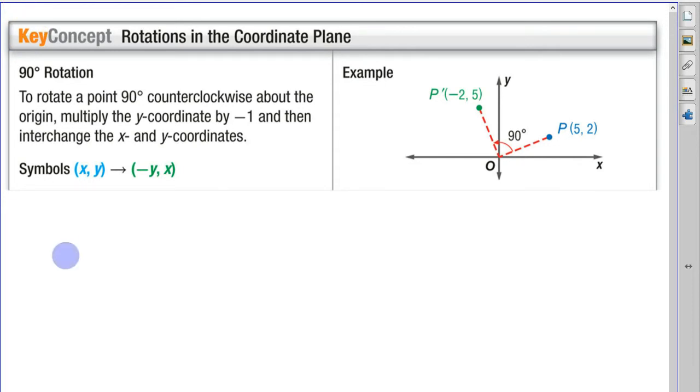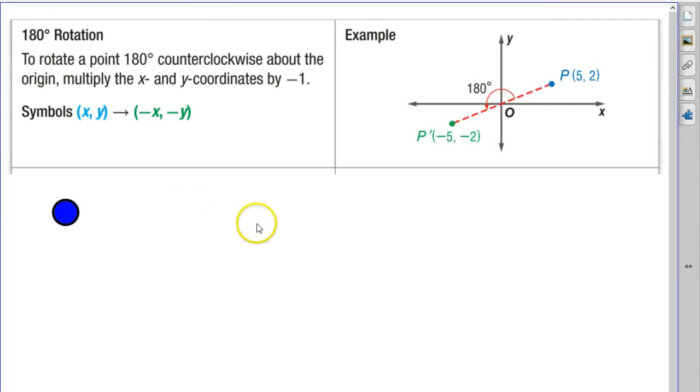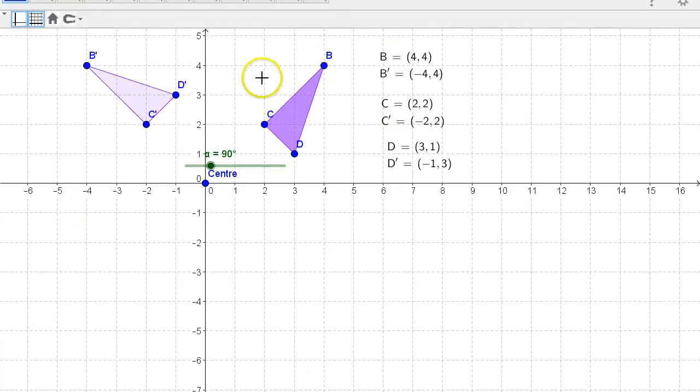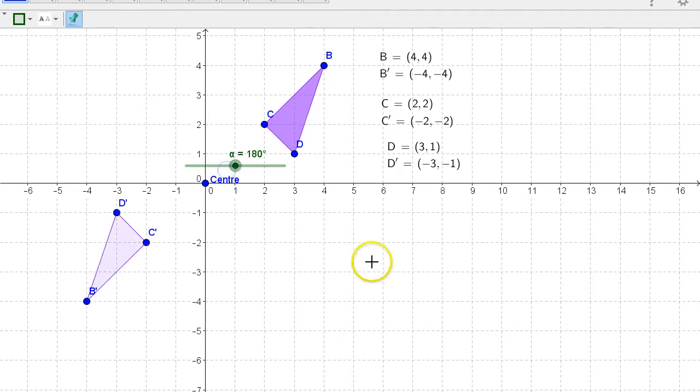Now, if I'm going to do a 180-degree rotation, this one's actually really simple. All you do is switch the sign of x and y, and it takes care of it, rotates 180 degrees. So 5, 2 becomes -5, -2. So multiply the x and y coordinates by -1. And here's the drawing of that happening. So if I go to the 180 degrees for this guy,